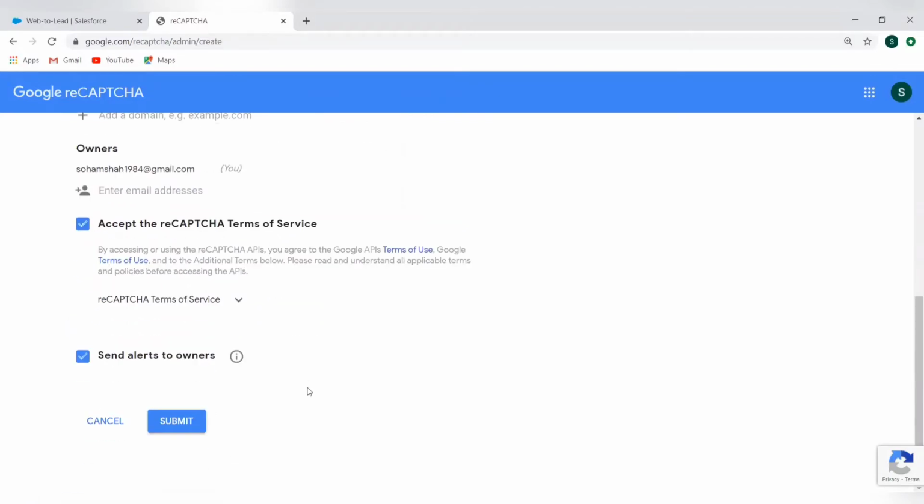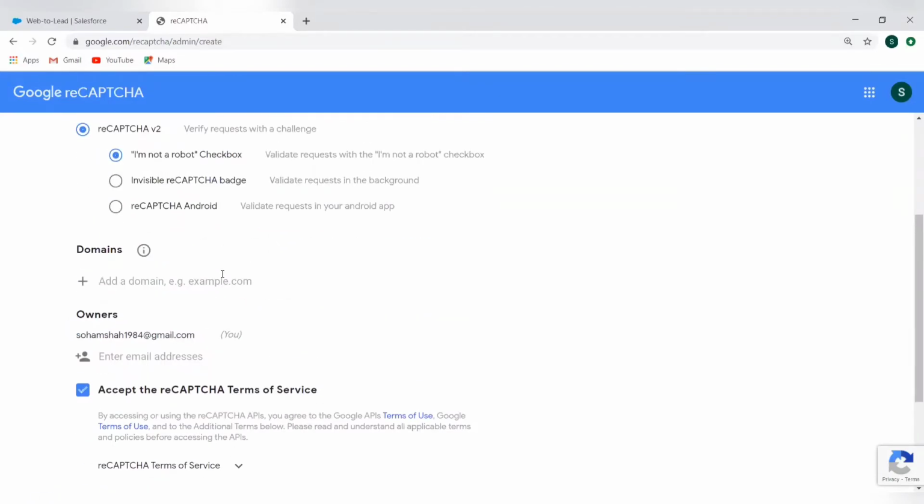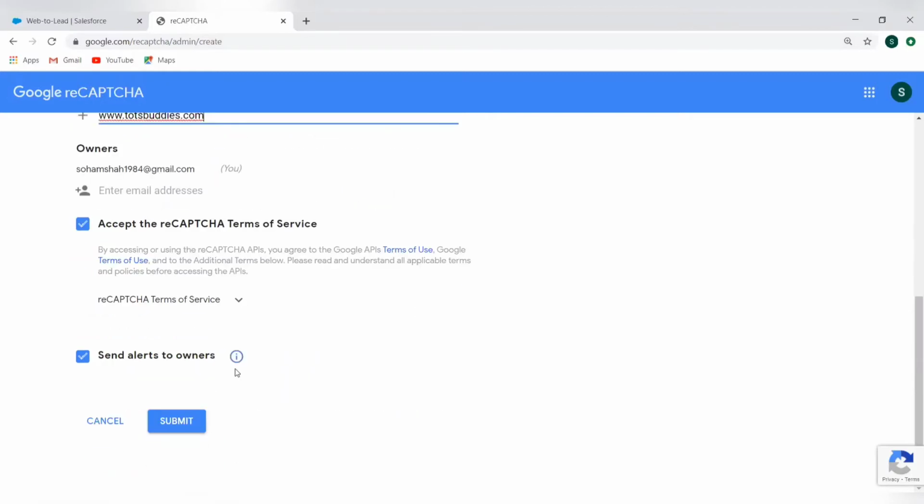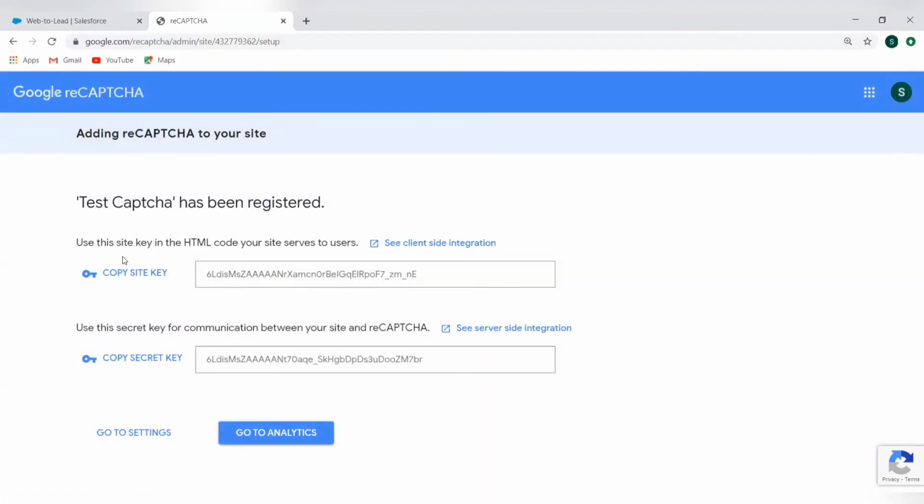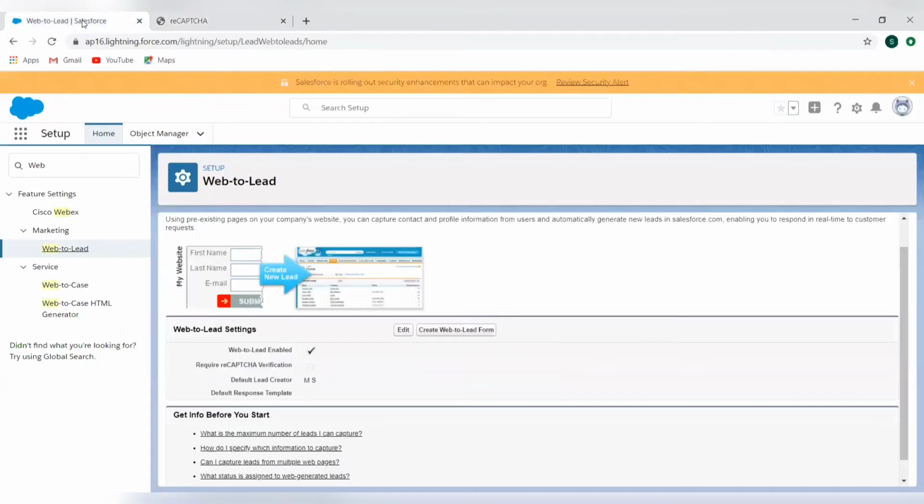So I'll just put something like www dot com. We don't have it currently, but I'm just showing you how we can do it, and I'll click on submit. So here you can see you will get two things, a site key and a secret key. These keys which you are getting, you have to put here. So if I click on edit here,